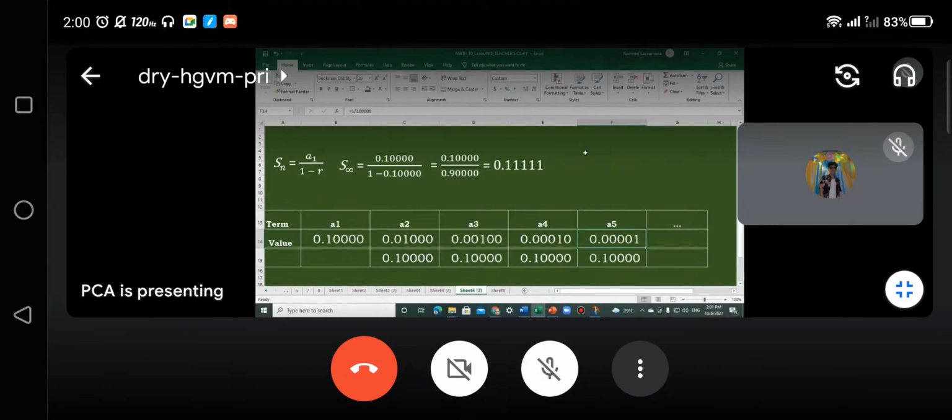Pero, there is condition, ha? Okay. So, regardless of the value of your first term, kahit anong value yon, okay? Whether it is a fraction, a 0.10, less than 1, kahit anong number, any number, okay? Not zero, of course. You cannot create a progression of zero. Zero nga siya, di ba? Mumultiply mo siya sa ratio. Hindi pa rin siya gagana, zero, di ba? Any number, okay? But the condition for this infinite